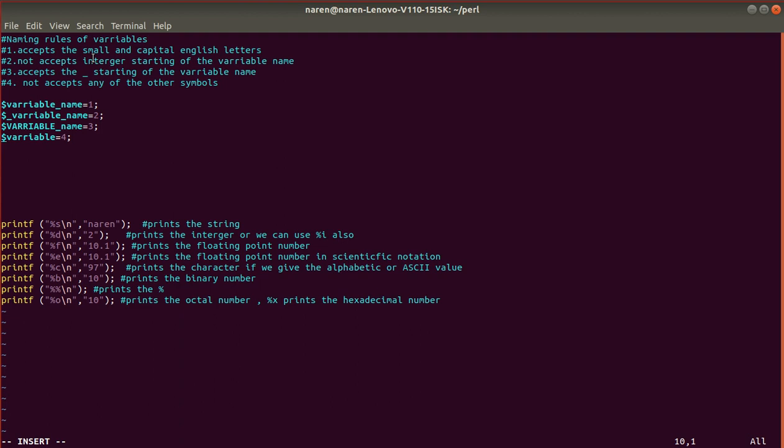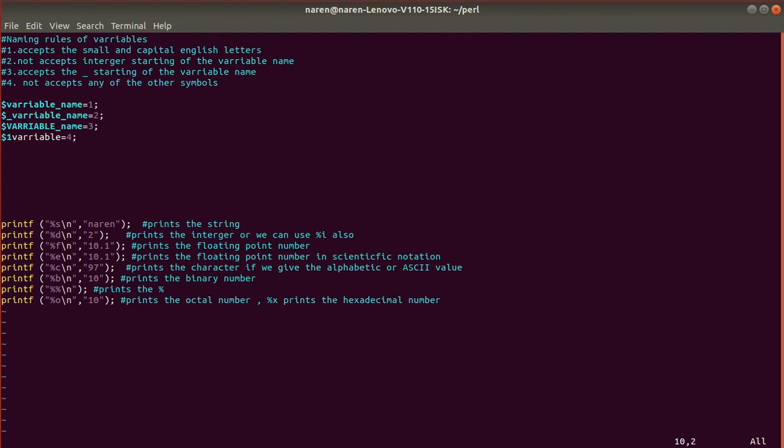But what we need to understand here is it will not accept numbers at the starting position. If the variable name is 1variable, here one is at the first position of the variable name, so it will throw a syntax error.